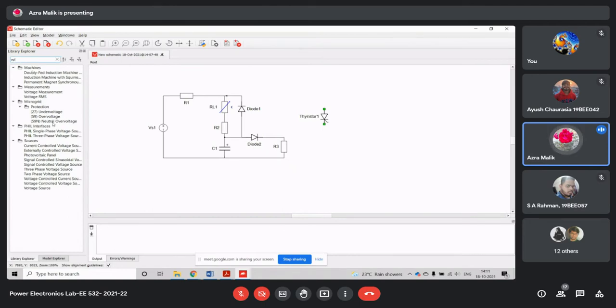For this particular experiment, we only need voltage measurement. Also, we need another voltage source for the variable resistor. I need to connect this also. Now this VA1 is connected to the load resistor.